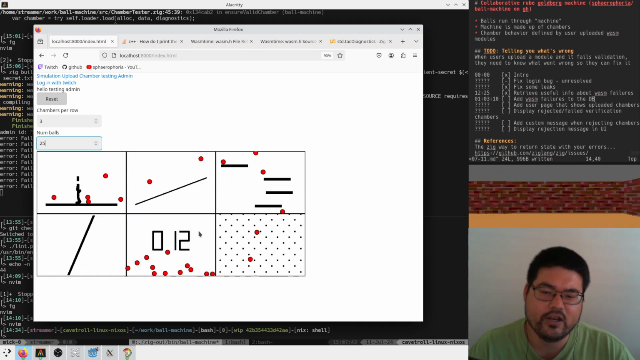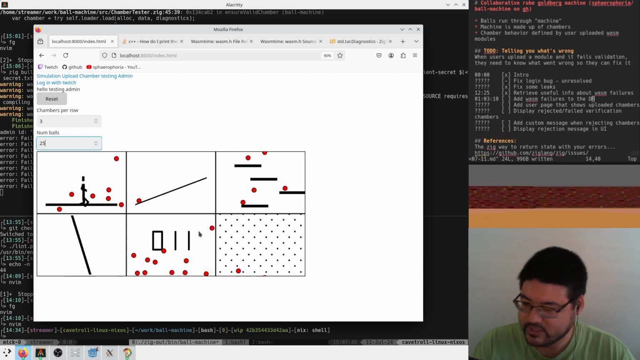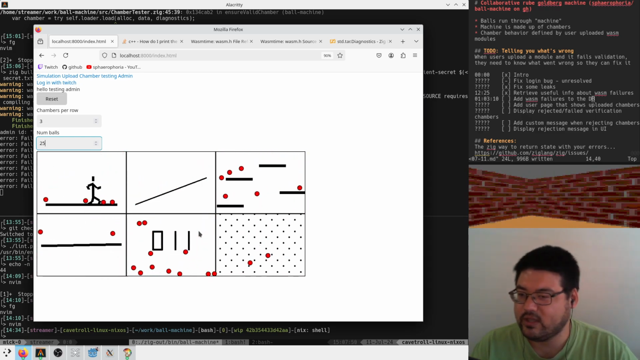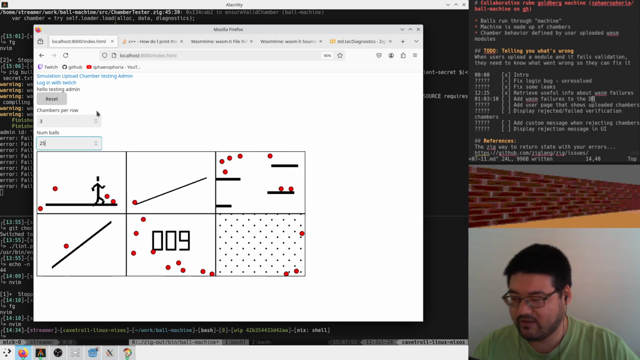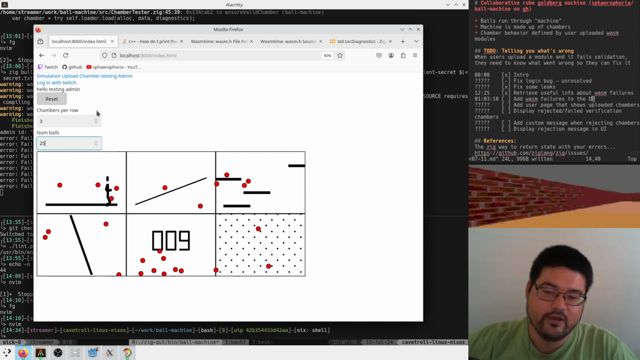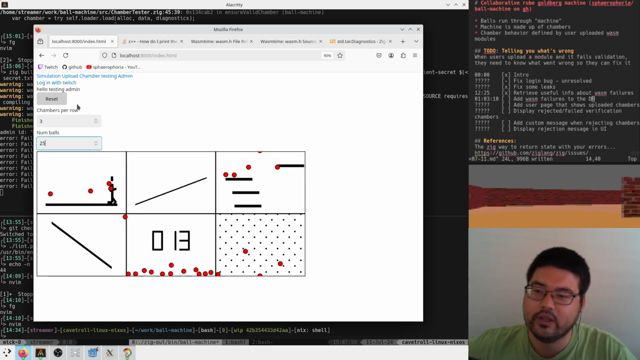So the thought is that people will write WASM modules. They just have to implement like 6 functions or something. Once they're implemented, they can upload the chambers and we'll add them to the simulation. We'll have this big grid that everybody's contributed to, right? That's the idea. Today, we are working on